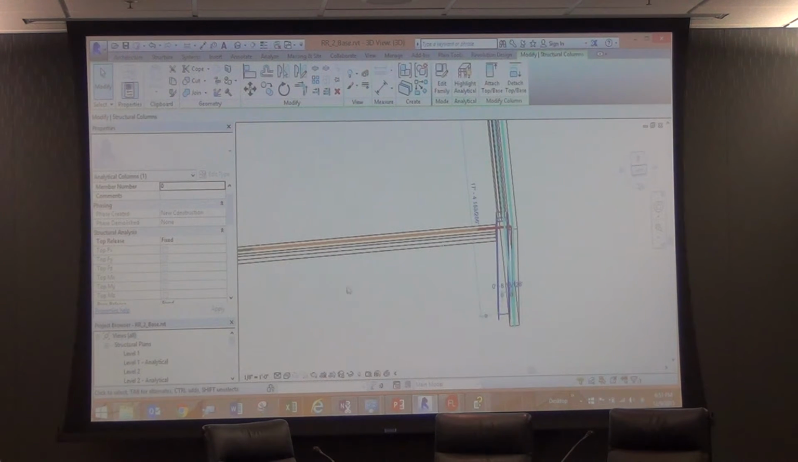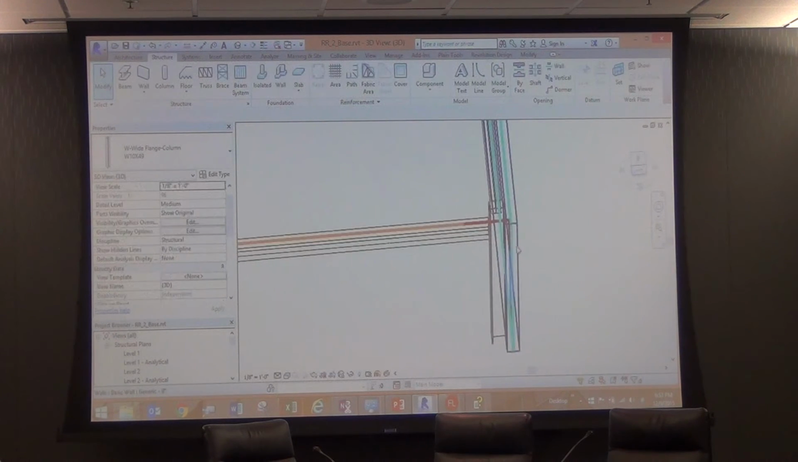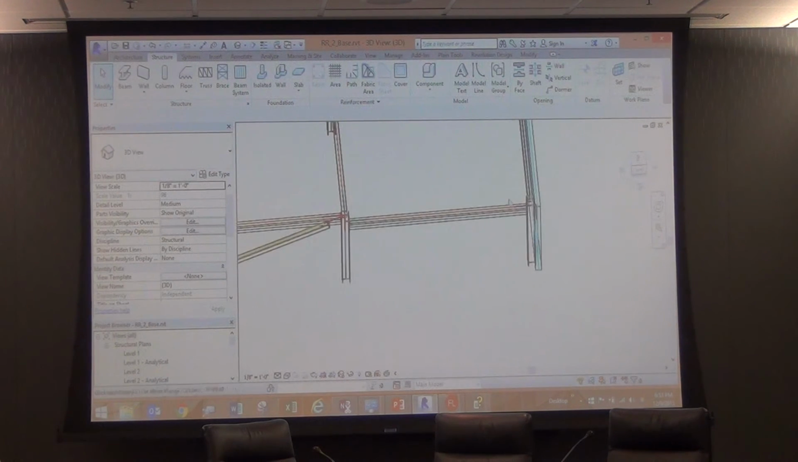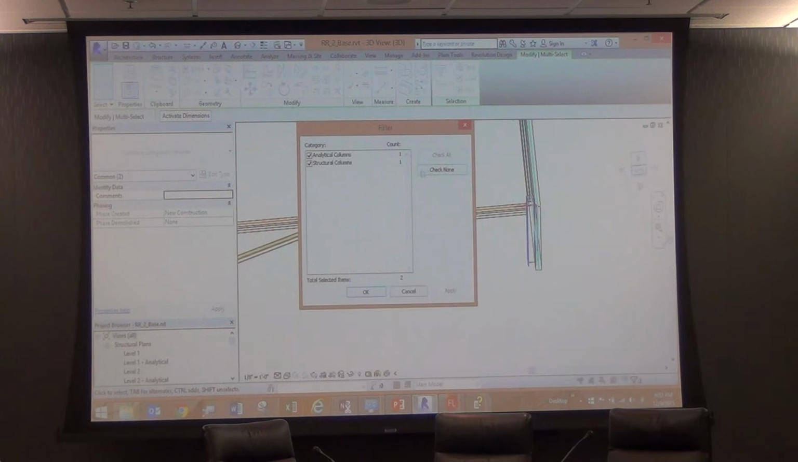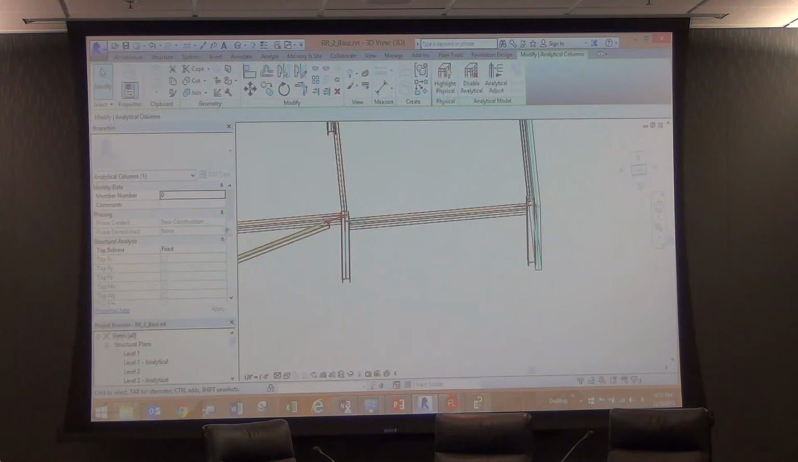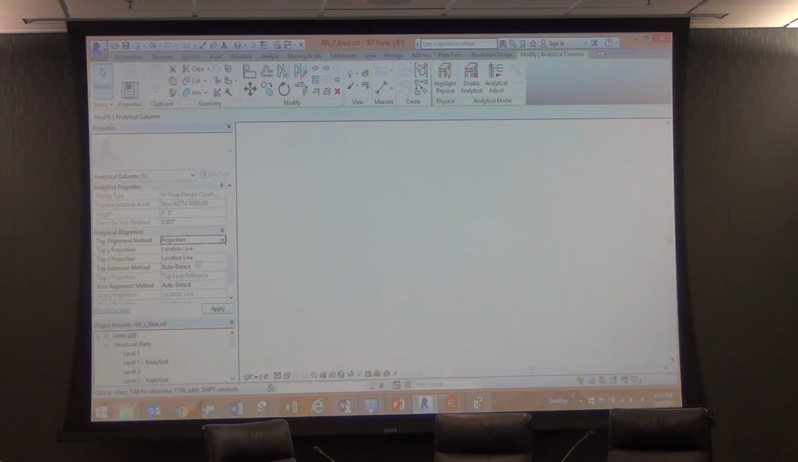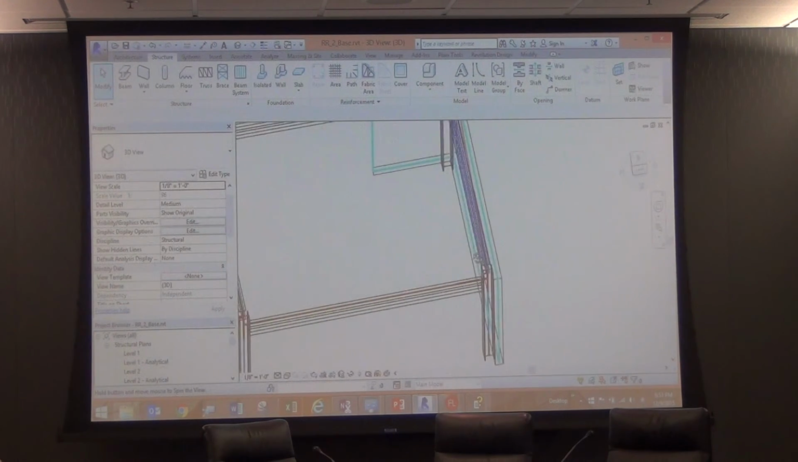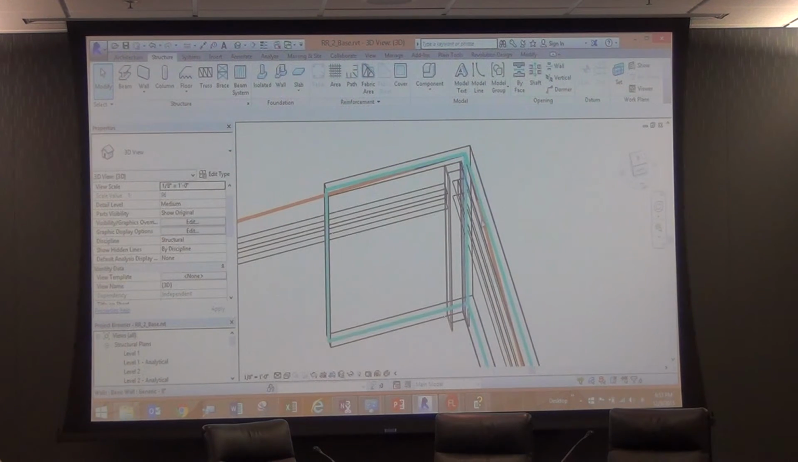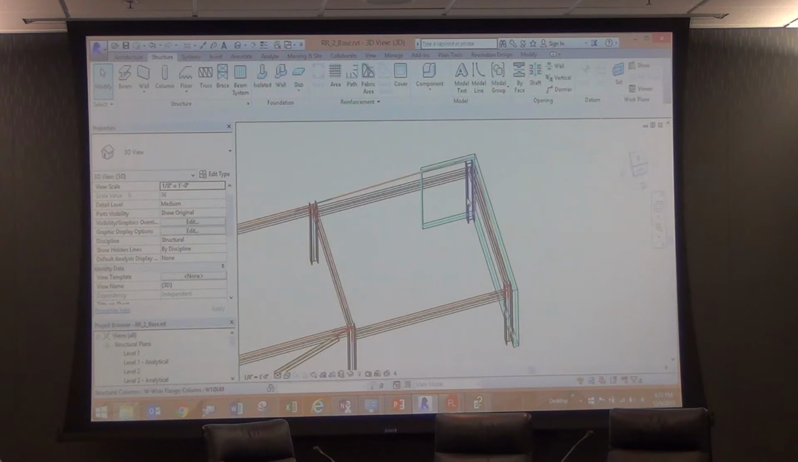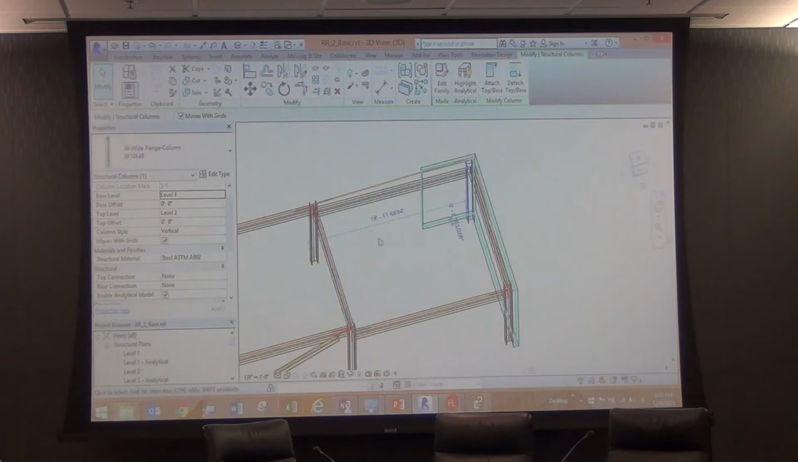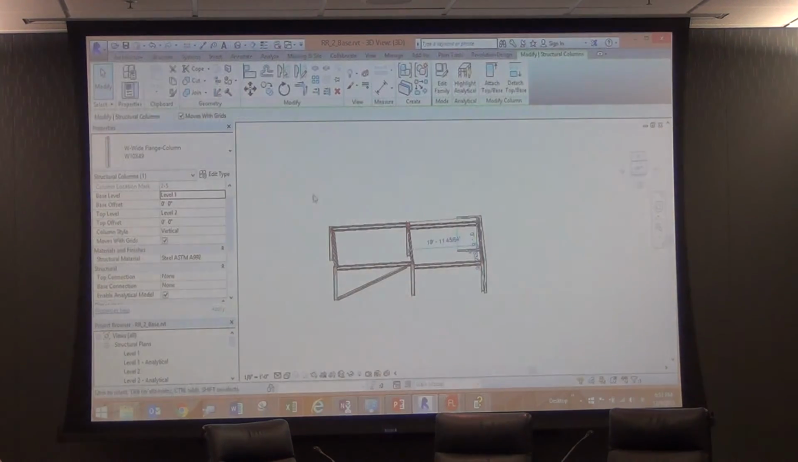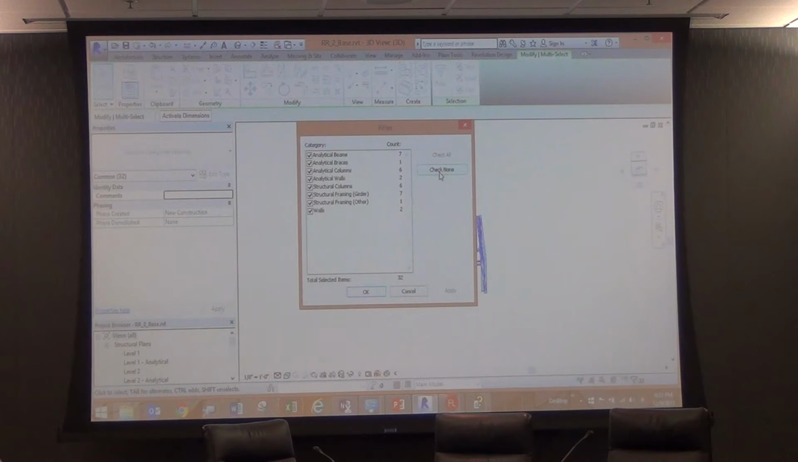To deal with that, in your analytical model, change those from auto detect to projection, and base alignment to projection. Now that moves it back to the center line of the column. Now you can see this is in the right location, but it is still in the wrong location for that column. I can correct that by selecting that one. You can select all of these, potentially select all your structural columns,